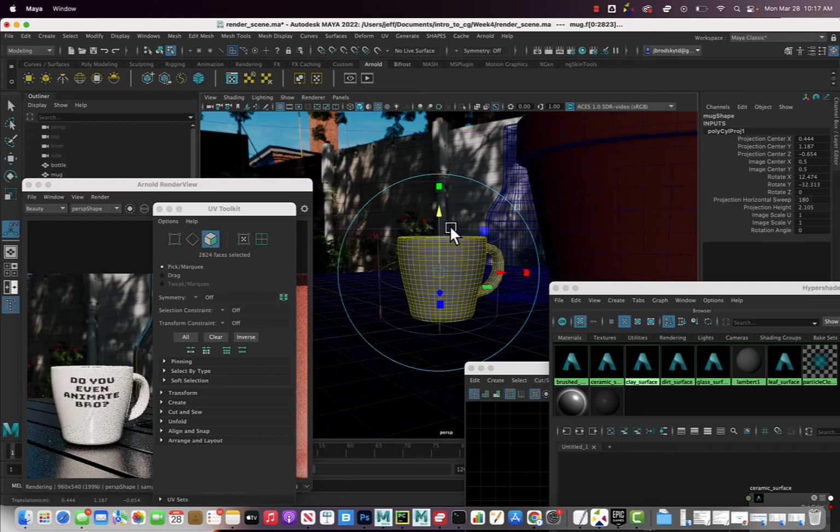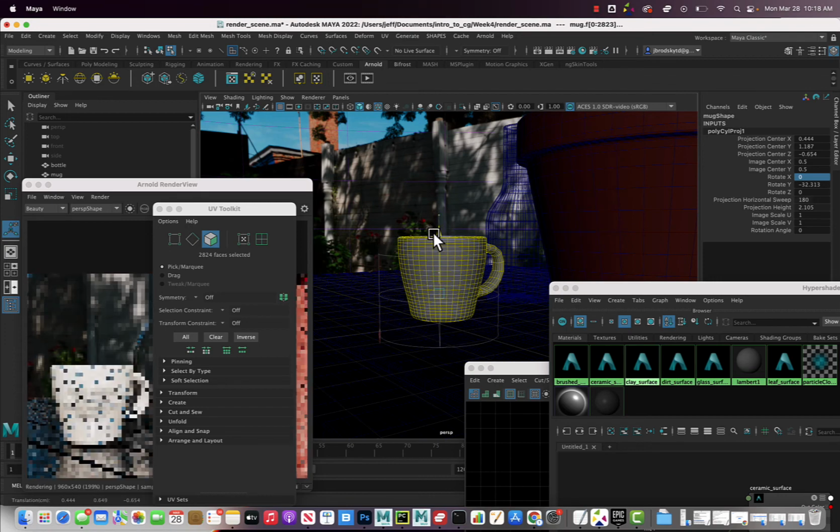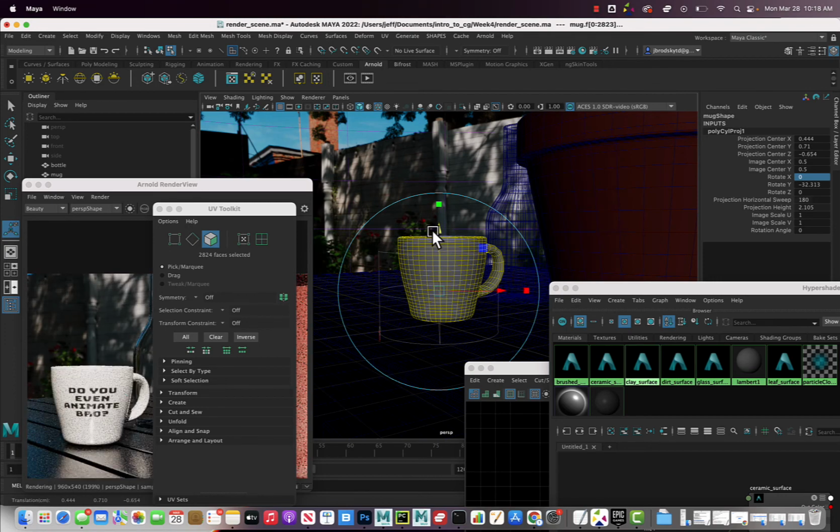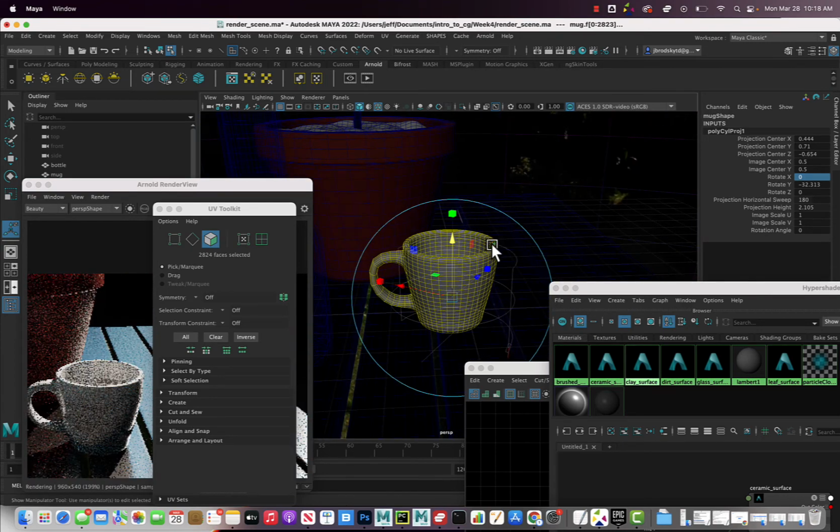Oh, I think I rotated it by accident. We only want rotation on Y, so in the channel box, just change this rotate X to 0 if you made the same mistake I did. That way it's not skewed, and then we want to just move it down, kind of like that. But then we have a problem where if we rotate to this side, it's being projected straight through the cup onto this side as well. We don't want that. So now that we've got the placement roughly where we want it,